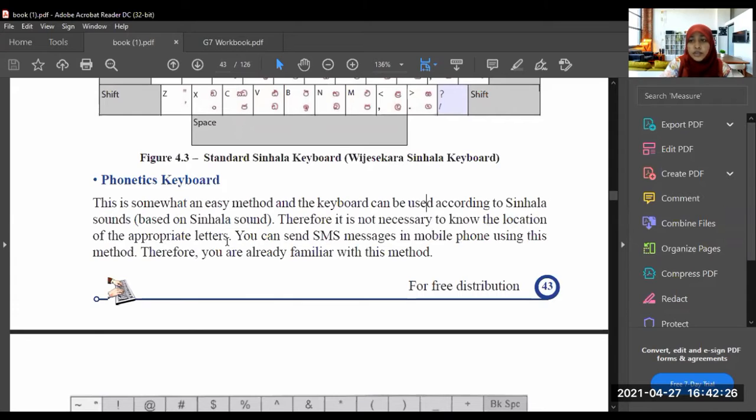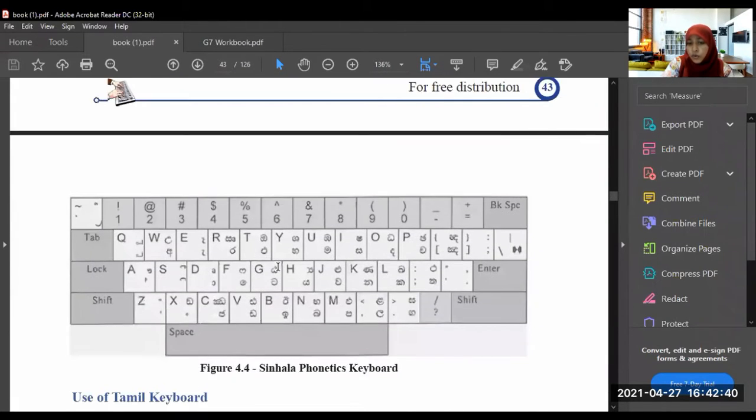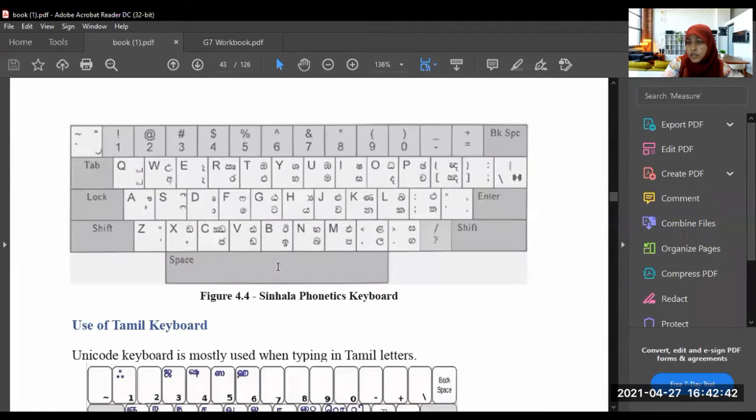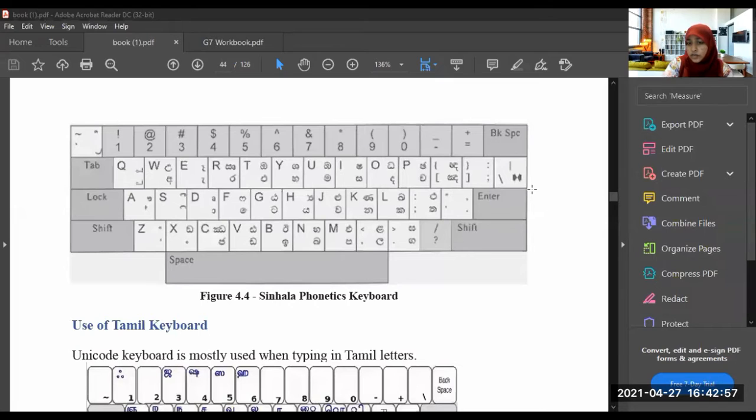You can send SMS messages on a mobile phone using this method, so you are already familiar with it. If you are typing in Tamil or Sinhala, we use phonetic keyboards. It is not necessary to remember the letters' locations.